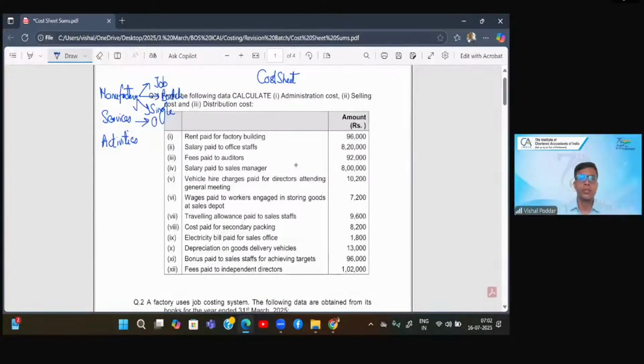Within services, the category which we have is called operating costing, which is a separate chapter, so it is not covered here today. And within activities, again, you can have multiple, but most common is construction, for which you have a topic of contract costing. However, we are more concerned in this chapter with the cost sheet part of this. You can say more or less the cost sheet format of this is similar or very much nearing to the